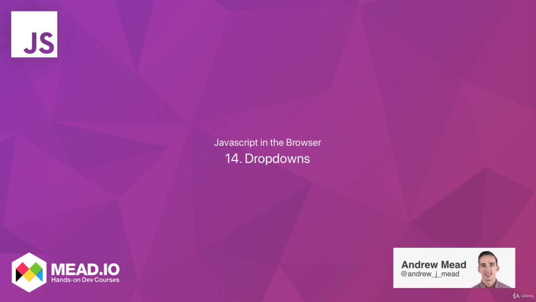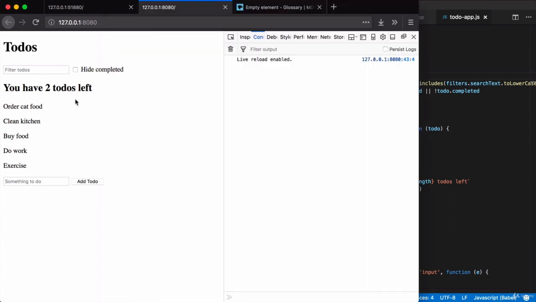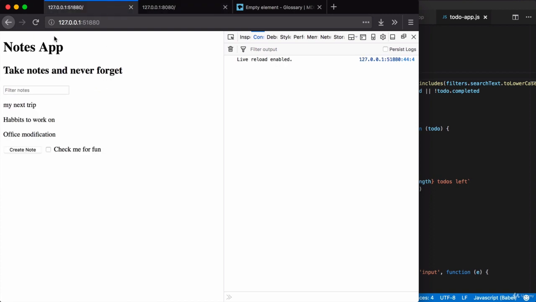In this video, which is the last video for this section, you're going to learn about the select dropdown. The dropdown is going to allow us to provide the user with multiple pre-configured options, and they can pick one. Now, the to-do application is actually going to have a checkbox in the final version, but it's not going to use a dropdown. We'll be using the dropdown in the notes application, but we actually won't be using a